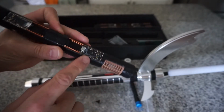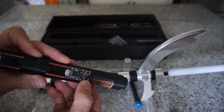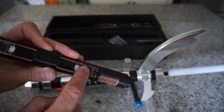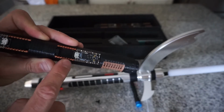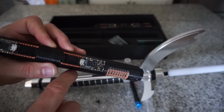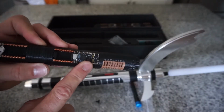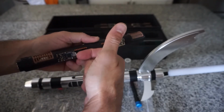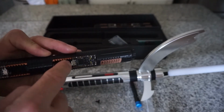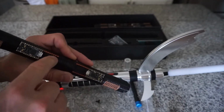The ProffieBoards slide into place. They're not glued in. They slide in and they're held by the way Jimmy designs his chassis. You can't slide it out because the accent pieces are glued in place. I used hot glue here because that way you at least have a way to break these accent pieces off if you ever do need maintenance in the future. But you'll need a right angle USB adapter if you're going to try to reprogram these. You can also get the SD card out with a pair of maybe tweezers. And of course you have your